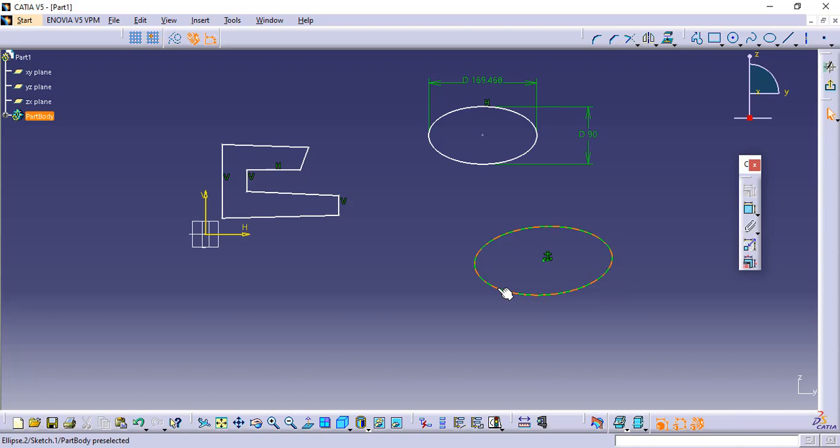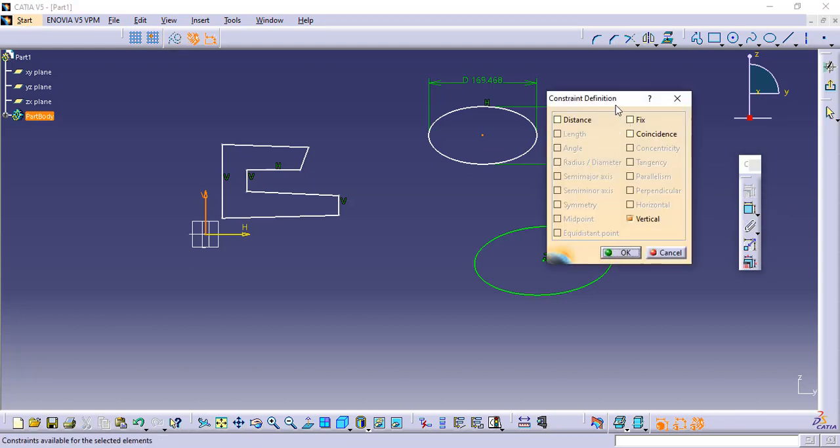Whatever dimension this ellipse has, whatever position it has, it's fixed with respect to its datum. That's why it is fully constrained. If I want to make this ellipse fully constrained, I need to define its location. So to define a location, what can I do? Select the major axis, press the control button, select the center point, and open the constraint definition dialog